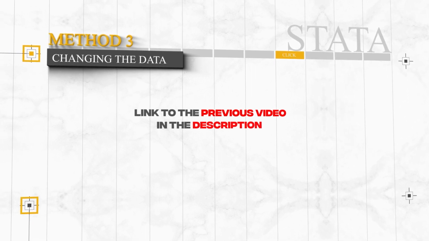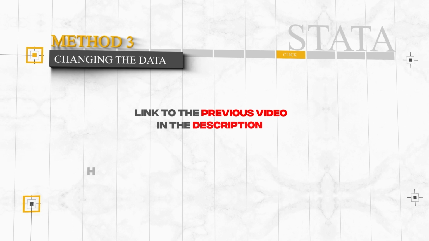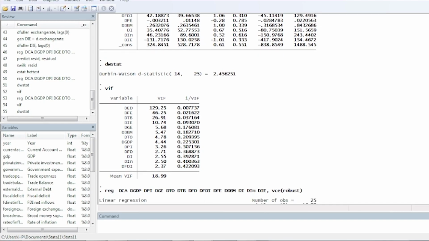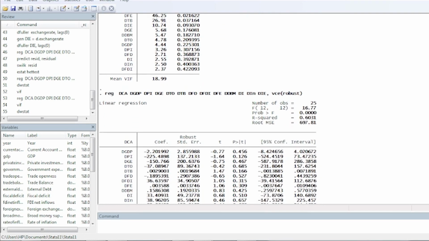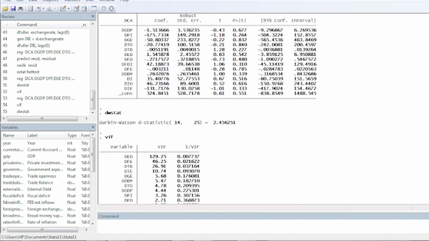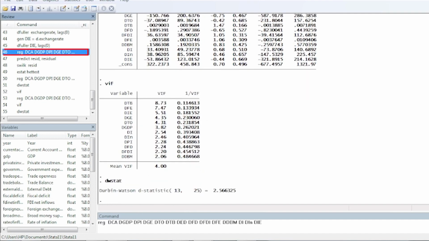Out of the 5 assumption tests that we had conducted in the last video, we created a model to remove heteroscedasticity from the dataset. The results of the model show that the R-square and F values are acceptable, but the p-value of every variable is more than 0.05. Therefore, we must modify this regression model. For this, we will first exclude the most insignificant variables from the model. These are DTO, DIN, and DIE. As the values are more than 0.6 for each of them, we will try to use the GLM regression model. The command for creating a GLM model is